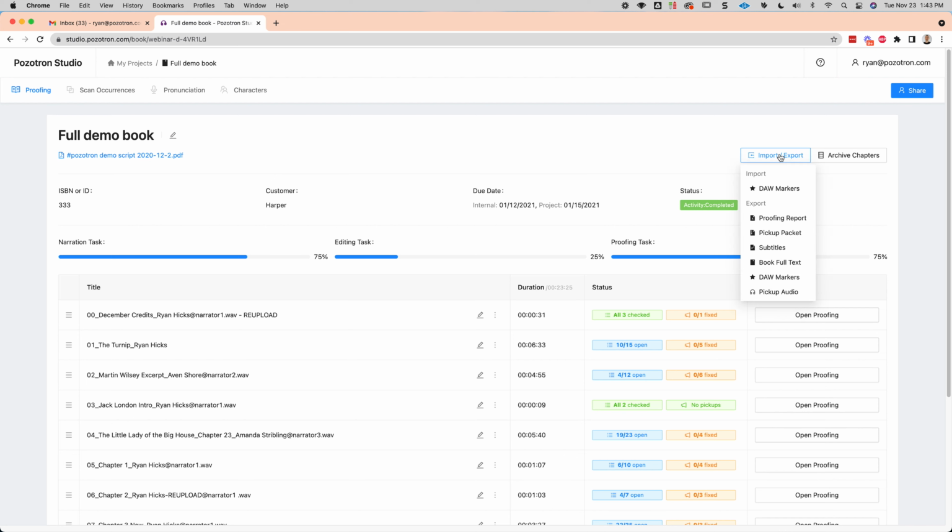And there are three styles of export that we're going to go over real quick. The proofing report, the pickup packet, and then the DAW Marker integration to go with those two. First, we're going to look at the proofing report, which is basically just the old classic spreadsheet. So for this project in front of you right now, I exported the spreadsheet